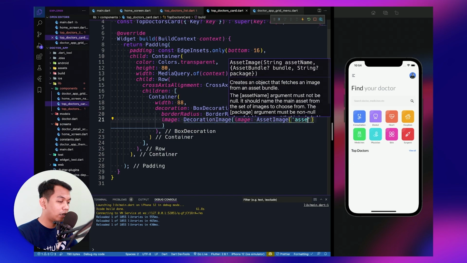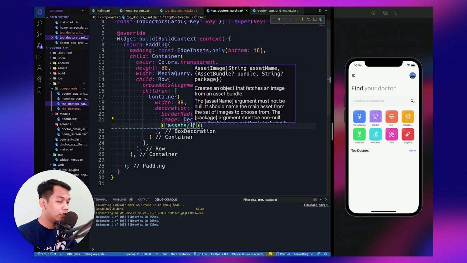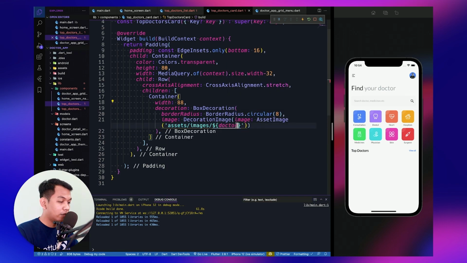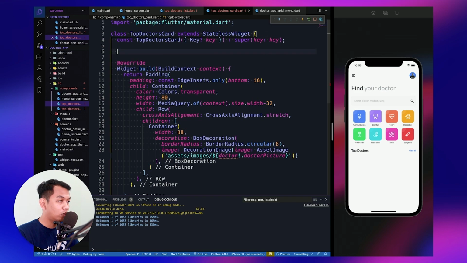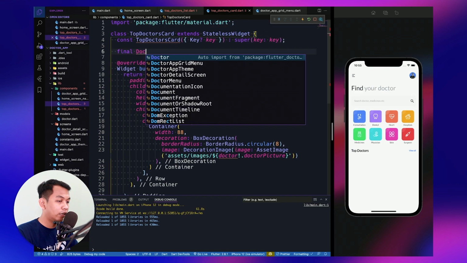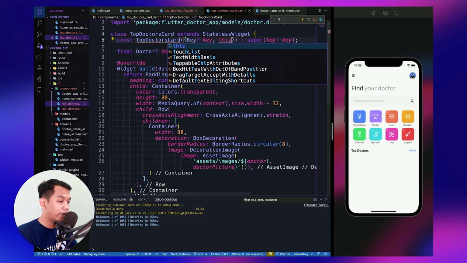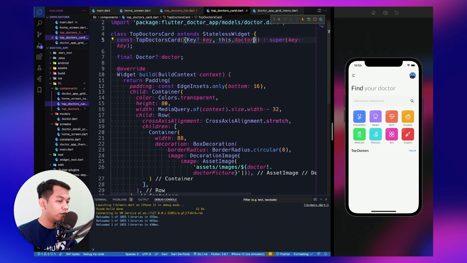And we say assets slash image slash $, and we say doctor picture. And we need to go to the top of our file, and we say doctor. And here, beside our key, we say this.doctor.